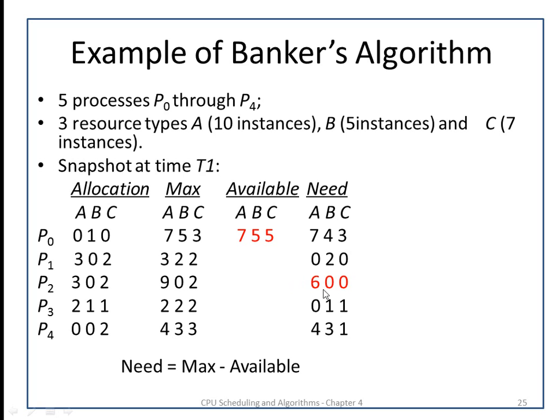Now this available is satisfying the need of the P2 process, so resources will be allocated to process P2, its execution will be finished, and it will return the allocated resources to the system. After returning, we will get all the instances of all types of resources that we were having. So in this way we get the safe sequence again: P1, P3, P4, P0 and P2. Means we are getting the safe sequence with this.